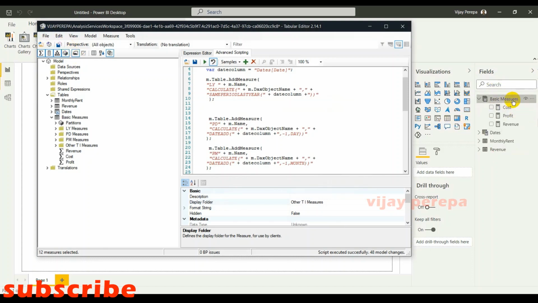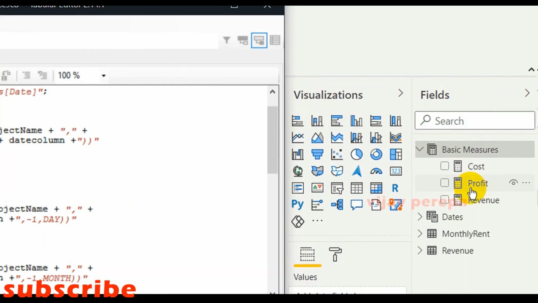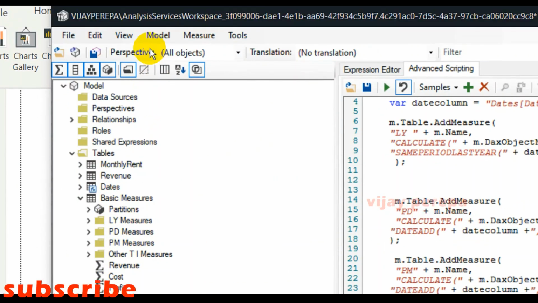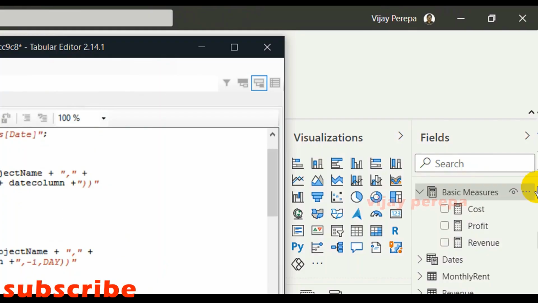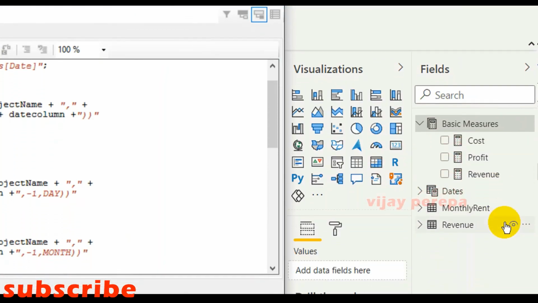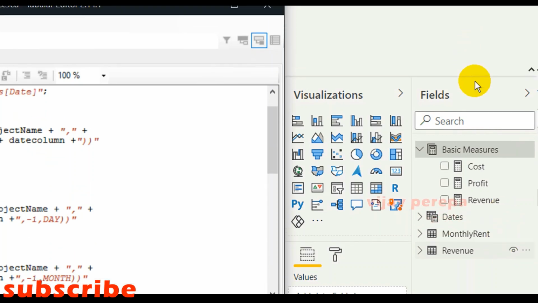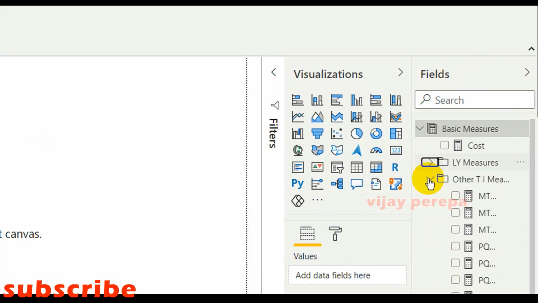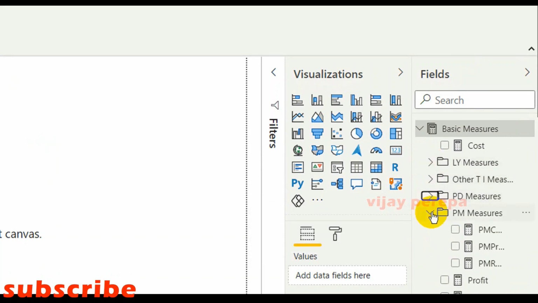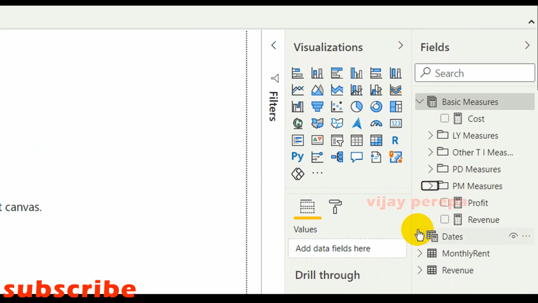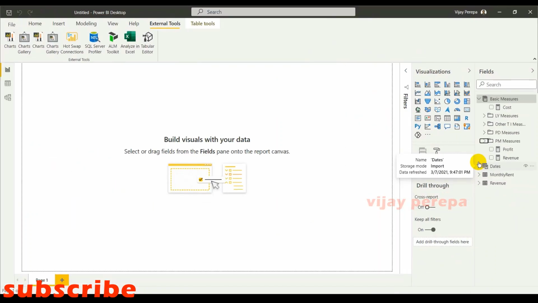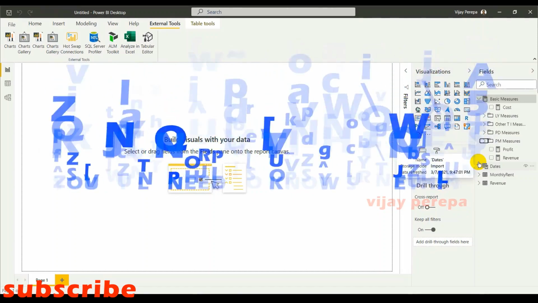Currently you can see here only 3 measures are there. We have created many measures and also have created many folders. Let me go to file and just save and come back. Now you can see that all measures are in different tables. How quick it is, and it is quite interesting. So that is what I would like to convey in this video. I hope it is helpful to you.